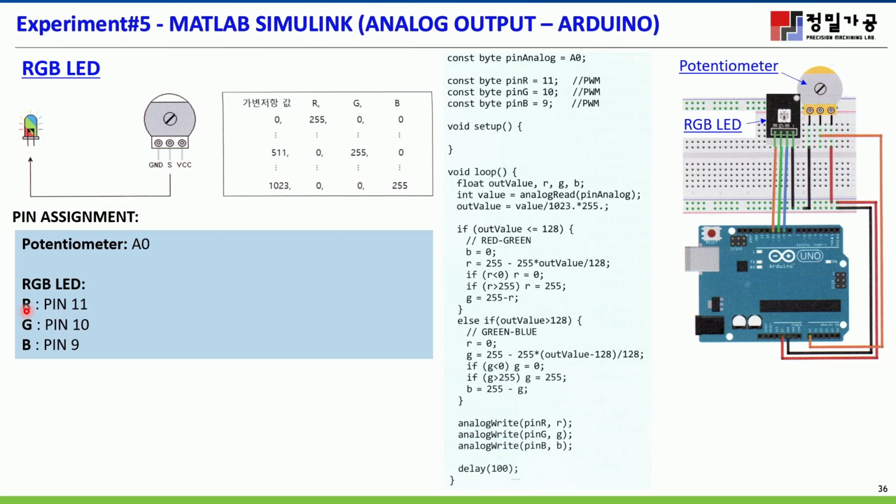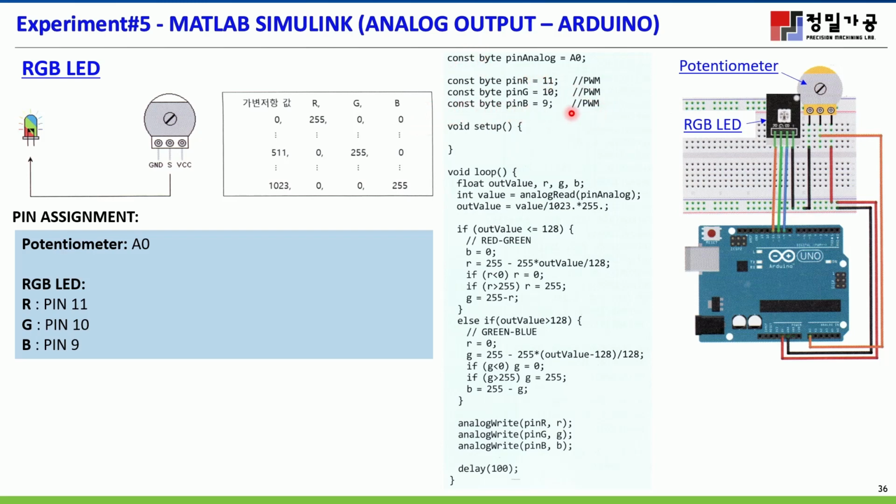The red pin is connected to the timer pin 11, the green is connected to pin 10, and the blue pin is connected to pin 9. Okay, in this program,